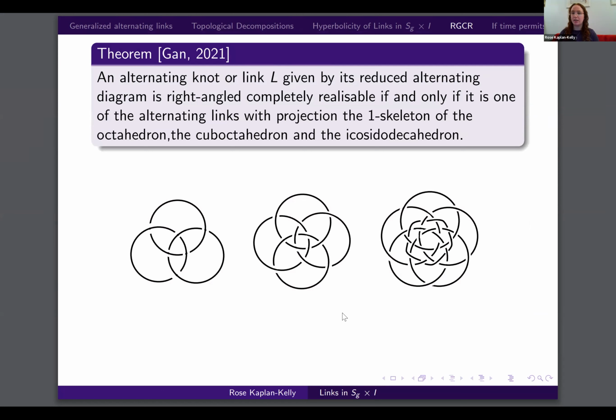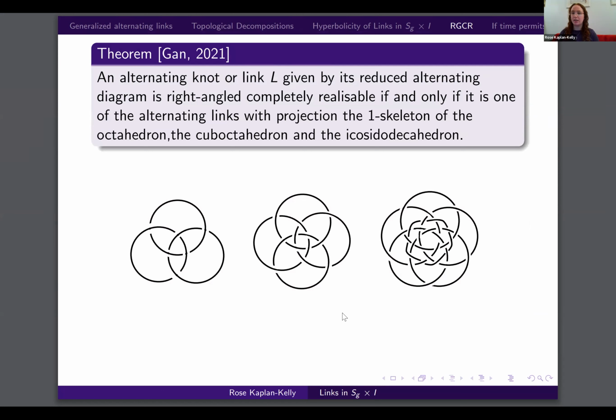Champanerkar, Kofman, and Purcell considered links that are in the thickened torus. They considered biperiodic alternating links and semi-regular links. So links that are invariant under a two-dimensional lattice. So you take a tiling of the Euclidean plane, it's invariant under this lattice, so you get a corresponding quotient